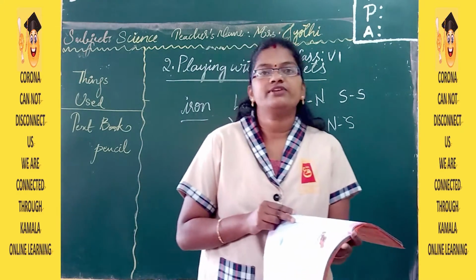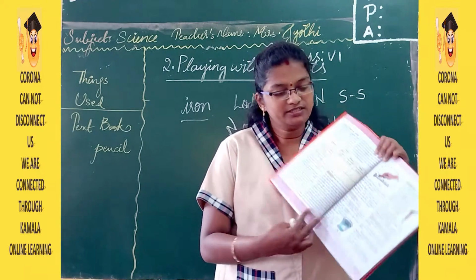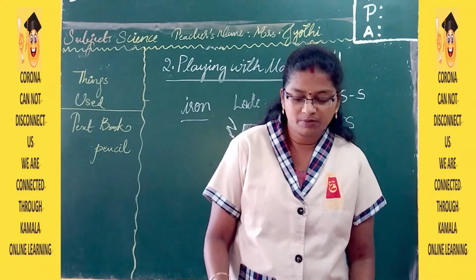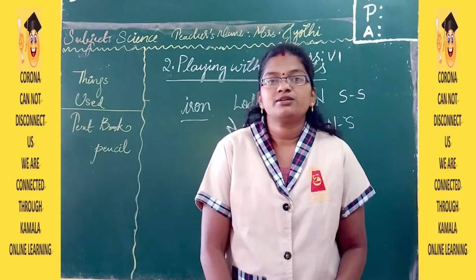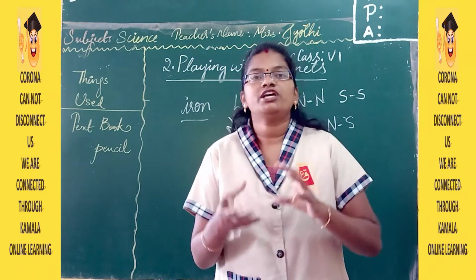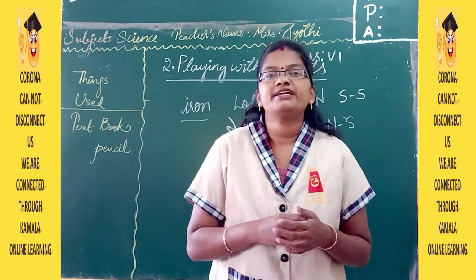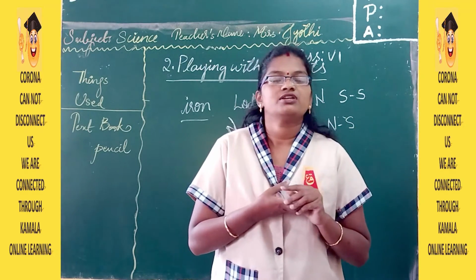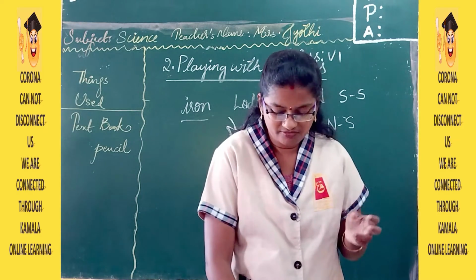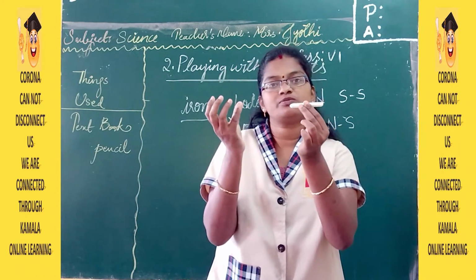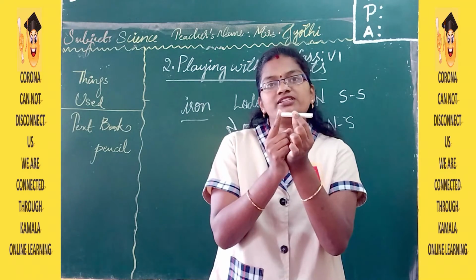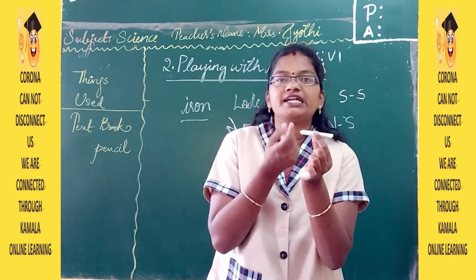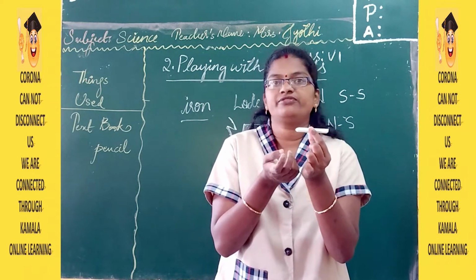Yesterday you did an experiment here and you wrote the observations. So what is that experiment? Here there is a box in which you have to note down the observations. You take a bar magnet and any three things of the same color, size and shape. Take the first object and put it towards one end of the bar magnet. See whether it is attracting or there is a repulsion between them.